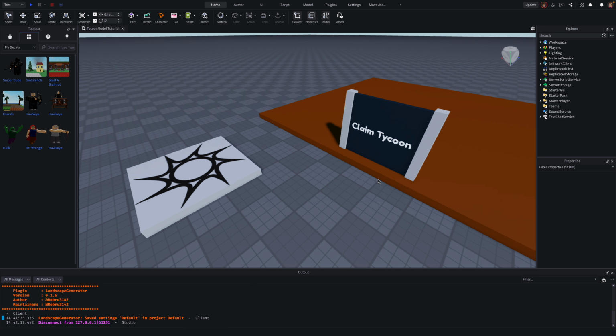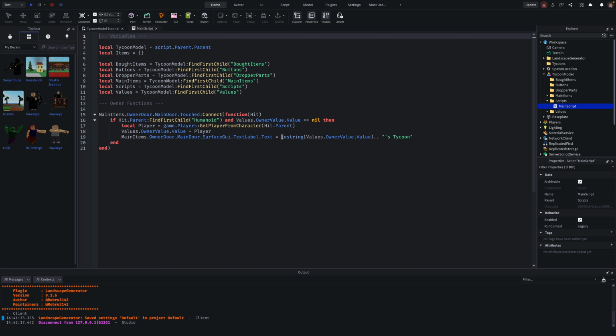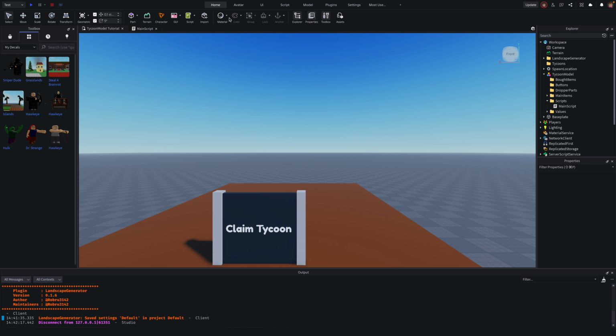Okay, now, first thing I want to show y'all, there's one change I made in the main script. It's an easy fix, but it's just two string values dot owner value dot value dot dot and then blanks Tycoon. And so you can go ahead, pause the video and do that real quick. And so yeah, so if we go in game,